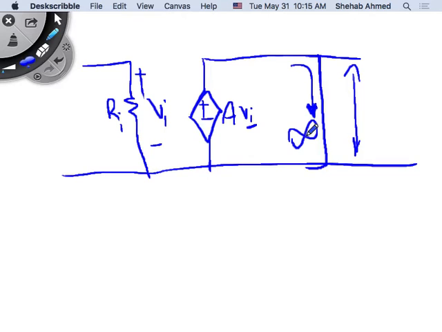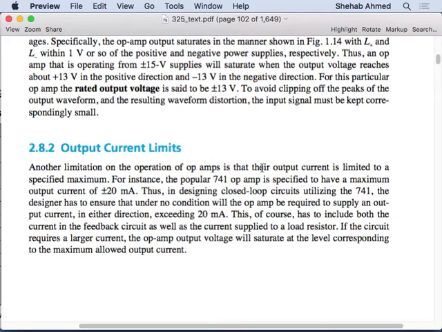Right? If current's going to flow, it means it's going to flow through something that has some resistivity, which means there's some loss, which means there's some heat generated. So every op amp will have a rated current. For the 741, the rated current is 20 milliamps. If you try to exceed the rated current capacity of the device, of course you will fry it, but before frying it, because you always have a margin, what's going to happen is